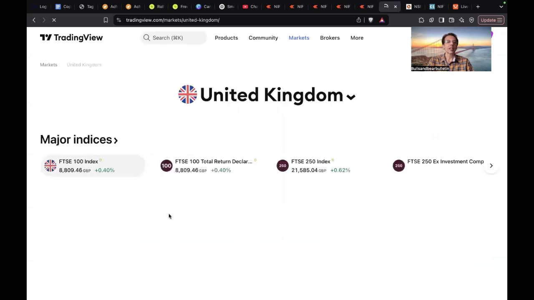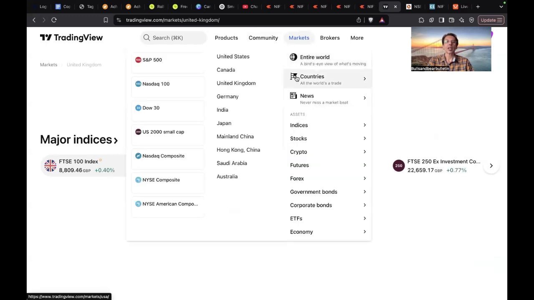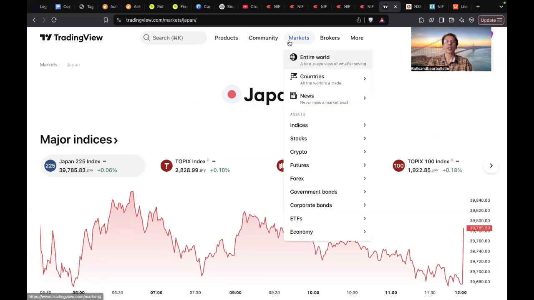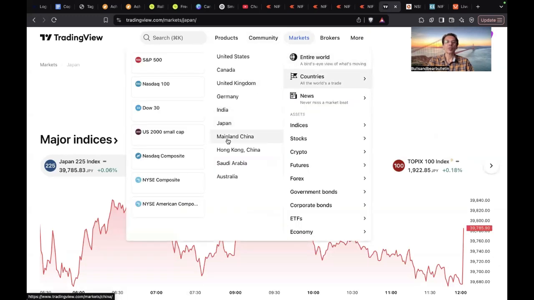the FTSE 100 index is also up by 0.4%. And if you go towards the Asian market, in Japan, the Japan 225 index is also up by 0.06%. And finally, if you come towards China, the Chinese market